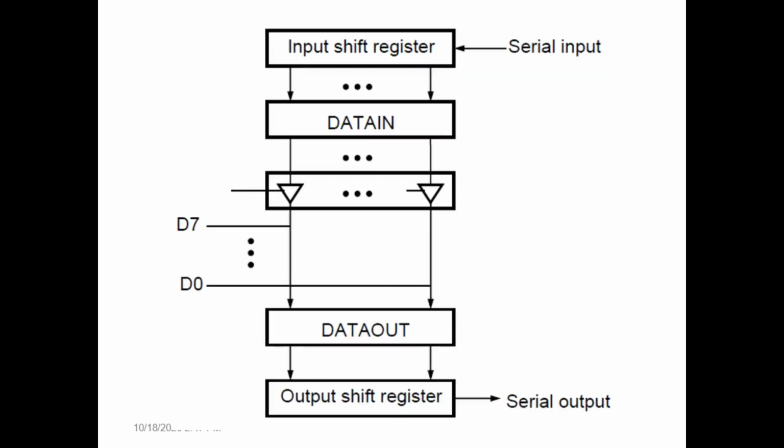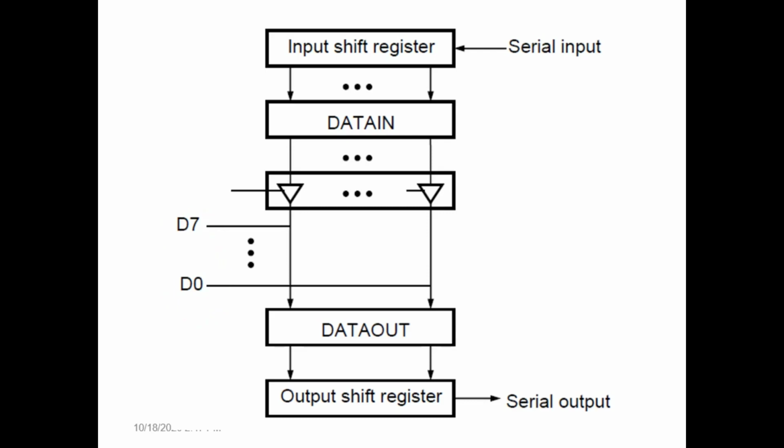So this is a detailed diagram of the serial port interface circuit. Here we have already combined input and output. This is what they have given in the syllabus. Here there are two shift registers: one is the input shift register, one is the output shift register, and a single data bus as usual for the processor to read or send the data.